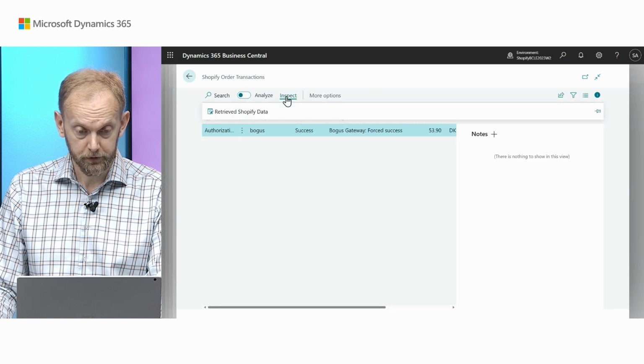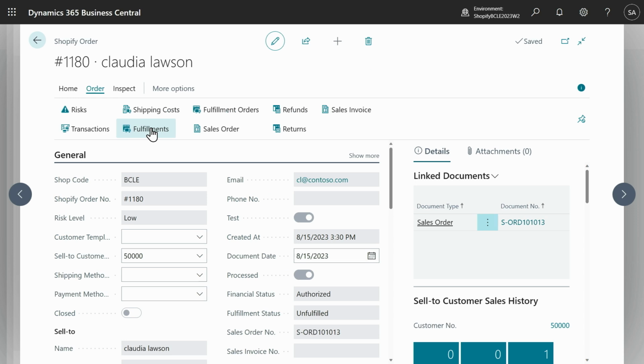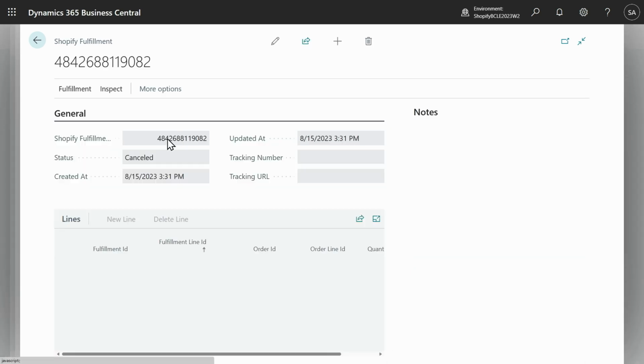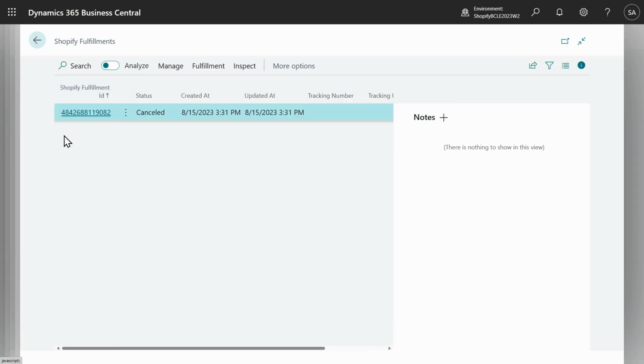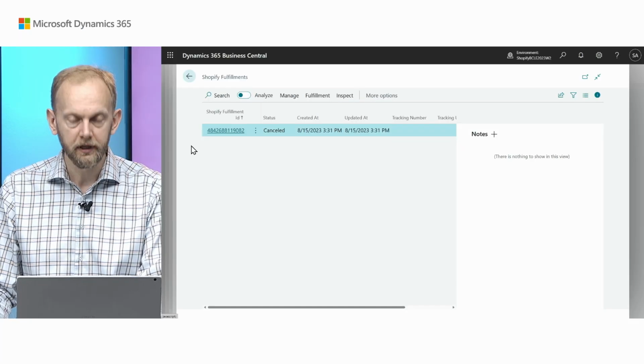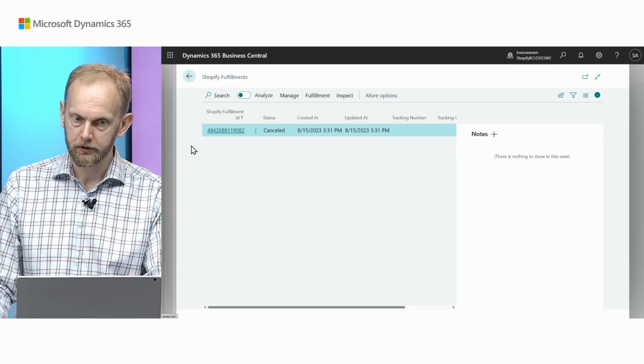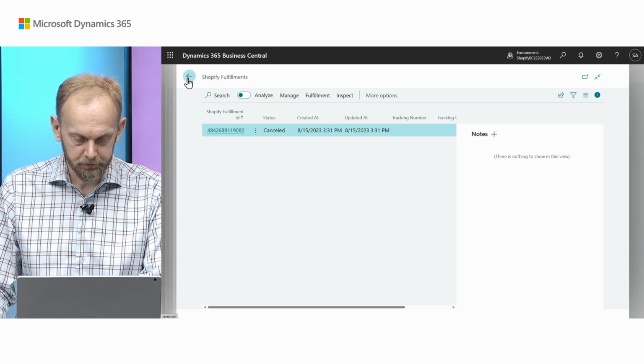Yeah, also inspect. Or even fulfillments. And fulfillments, by the way, receive the whole page card, so you can get some additional details. Not something you would explore just out of curiosity, but if doing some troubleshooting, it makes sense to have it available right away instead of exploring tables.